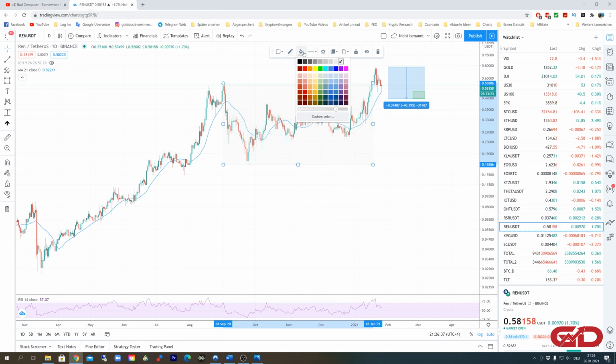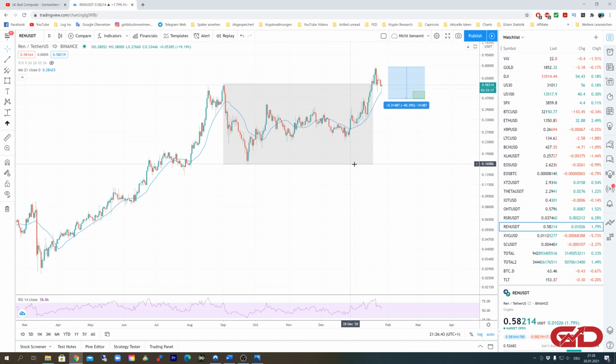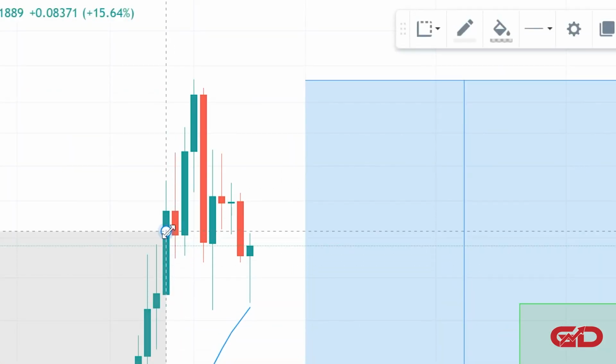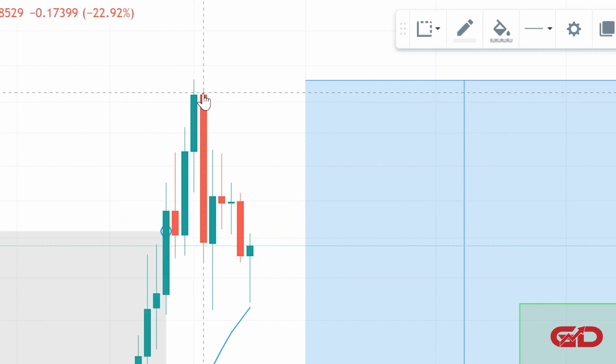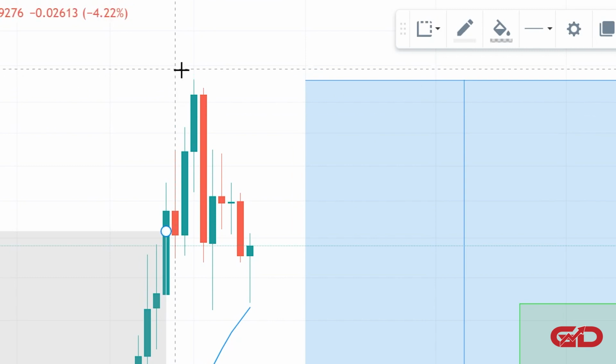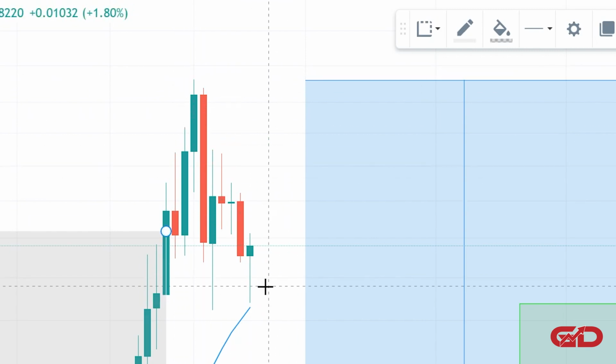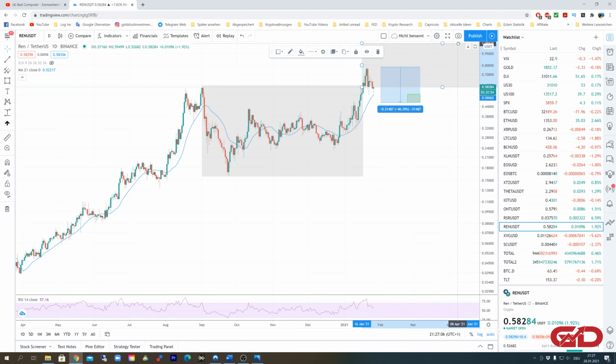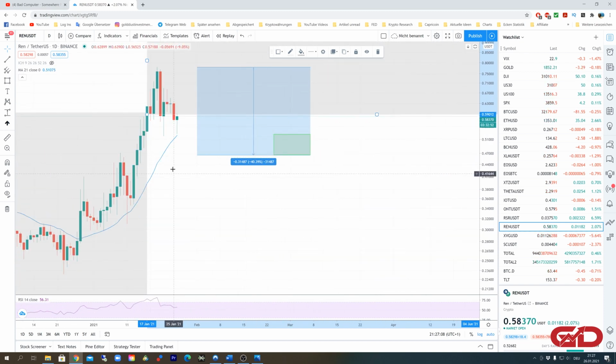Let's make this right here a little bit darker. So this right here, as you can see, was the first day where we had a daily candle close above it. We also had a couple daily candle closes above it, but now you can see we are going right back into the rectangle. But now we can clone this rectangle and project this into the future,